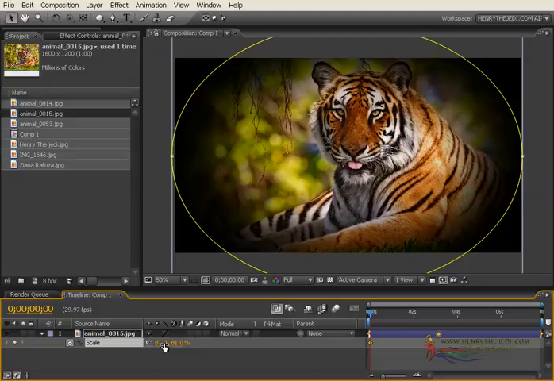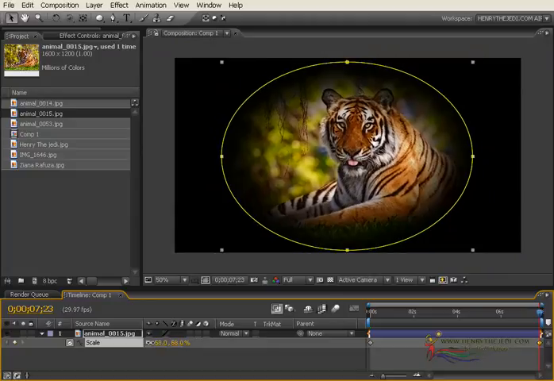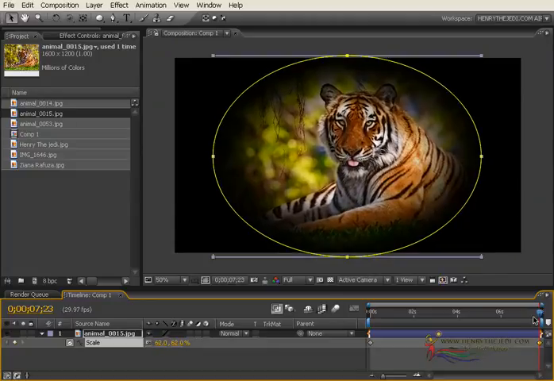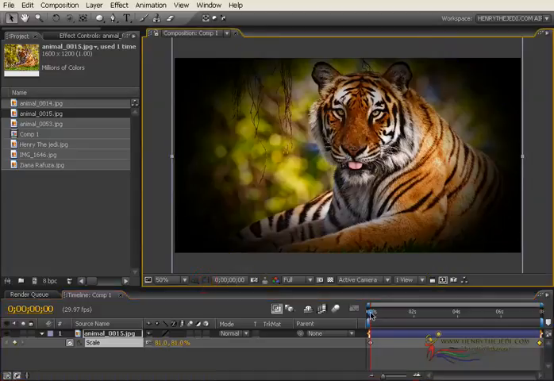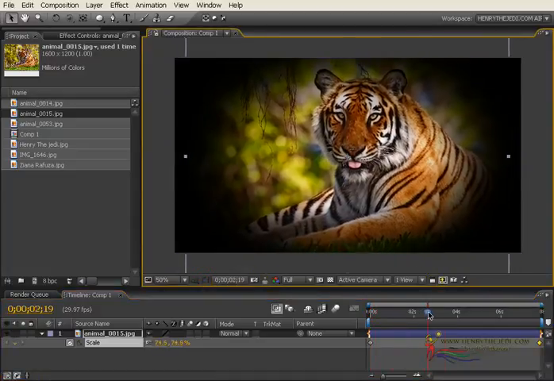So my scale is sitting at 81%. And then we are going to move to the end of the animation, in which we are going to scale it down like that. So basically, the animation will simply do that. I'm going to turn off my mask view tool, and so basically this is what we have so far, right?